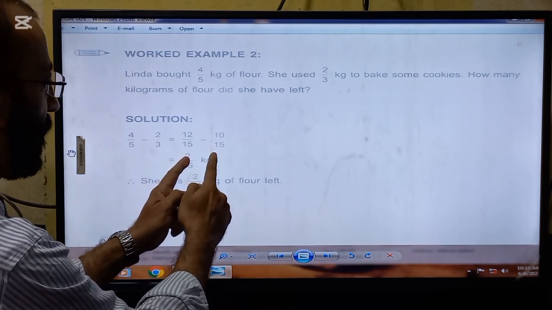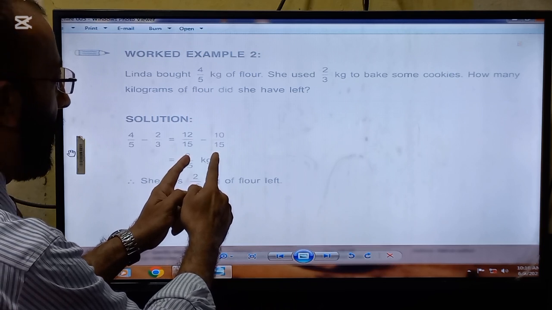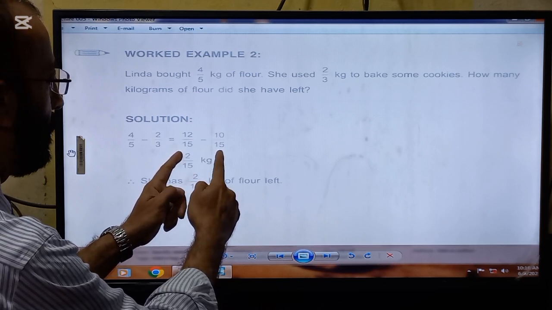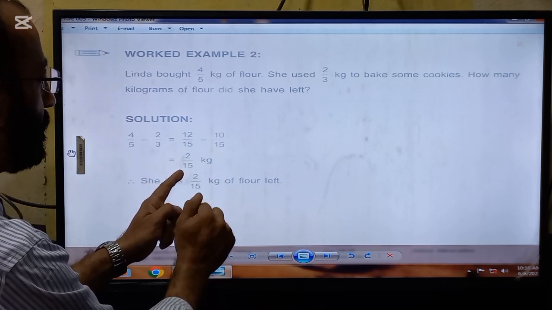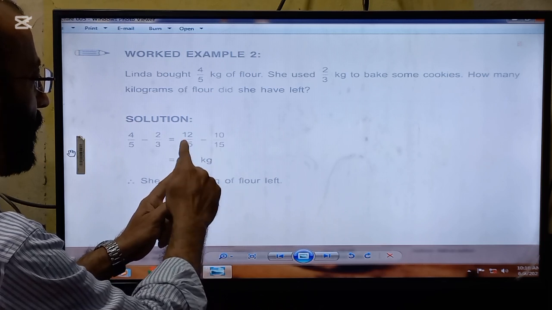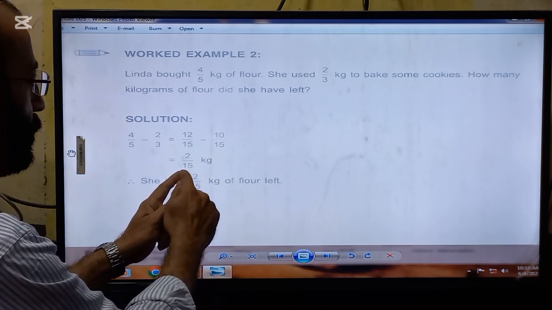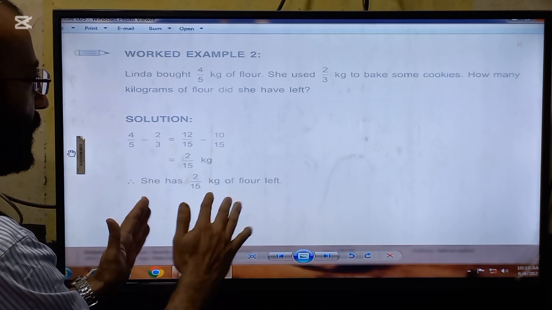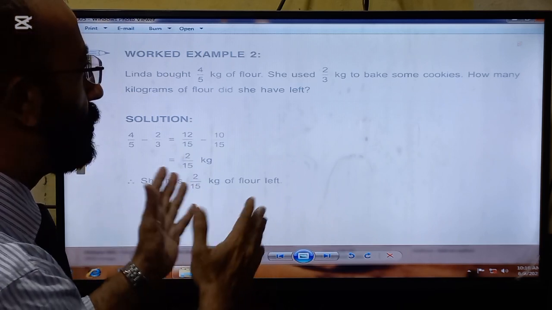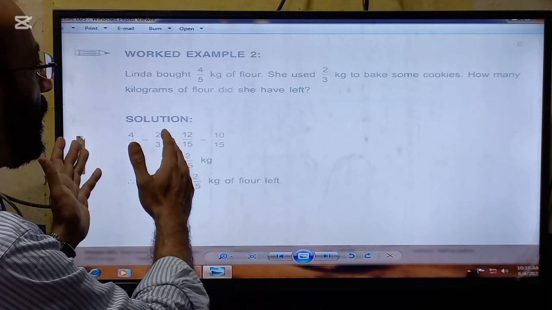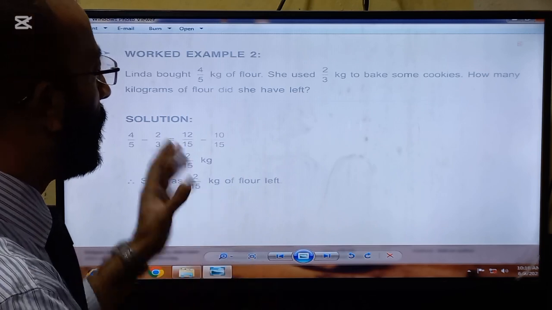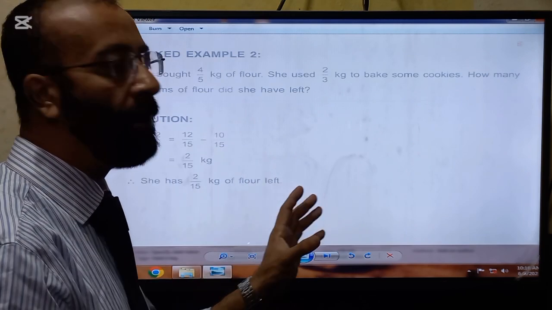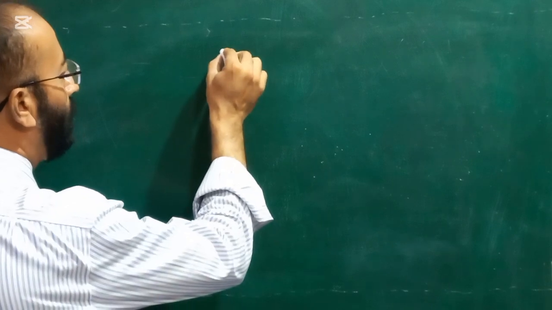So look at these two fractions now. These are like fractions now. So the denominator will be written one time and the numerator will be subtracted. So 12 minus 10 will be equal to 2. So 2 by 5 kg is the answer. This is one method to solve this question, by converting the unlike fractions into like fractions. Now we will solve the same question by the second method. So the question is 4 by 5